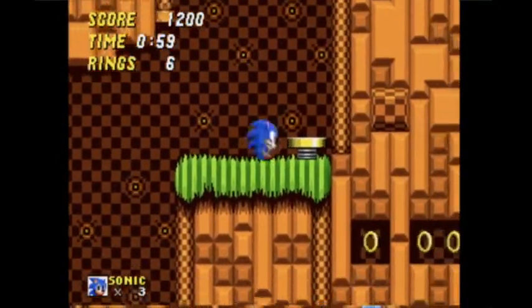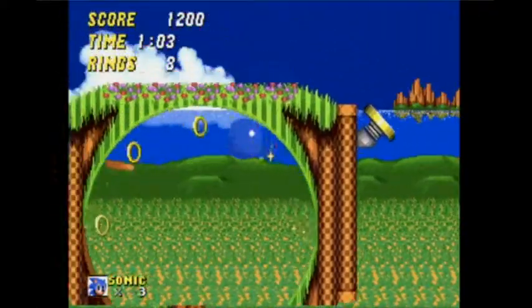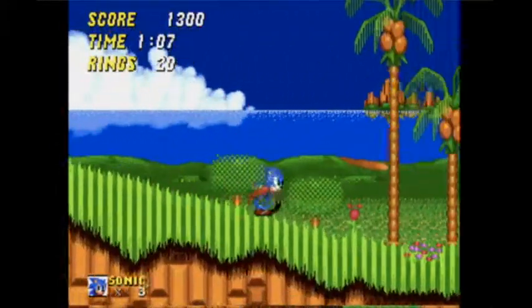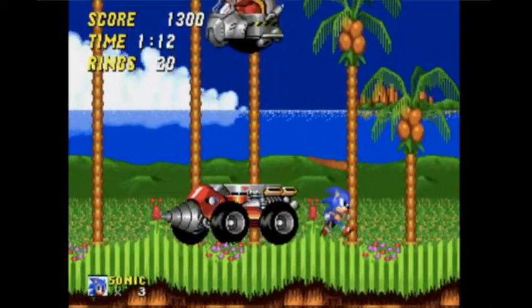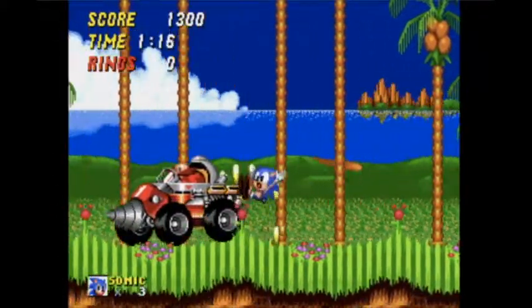We had a little bit of a difference here. This ending area is changed between the two versions. But we get to the end here. And yeah, we have a boss. It is the only zone with a boss in this build, and it literally works the exact same way